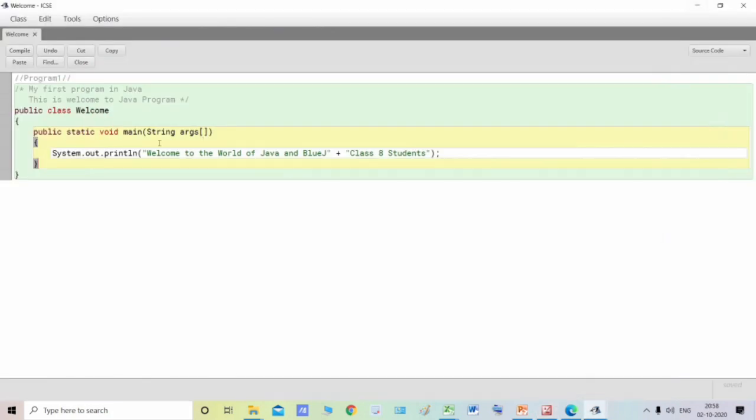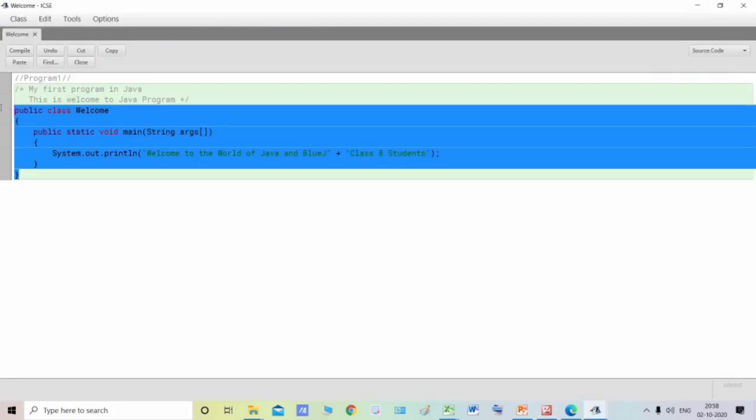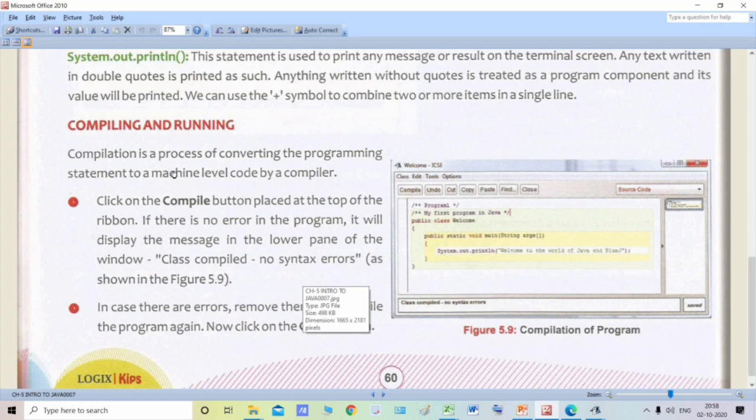That means what we have written in English language, which we understand, when we click on compile, has been converted into machine language. Now this machine level code will be understood by the computer because it only understands machine language. So how to do that?